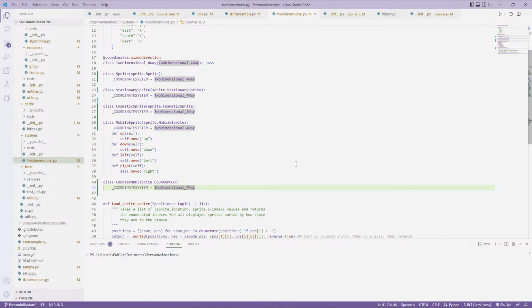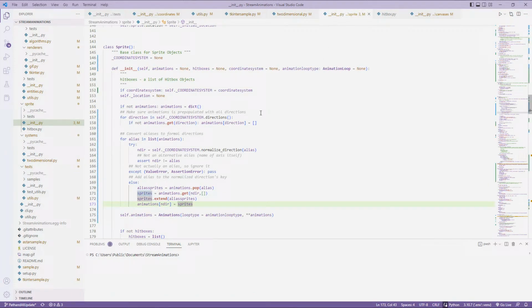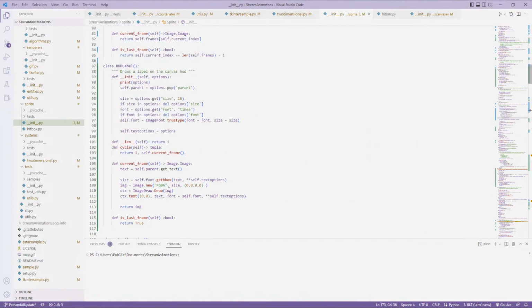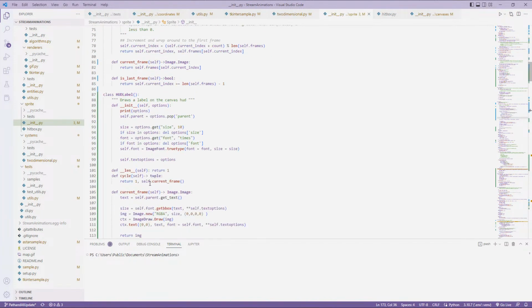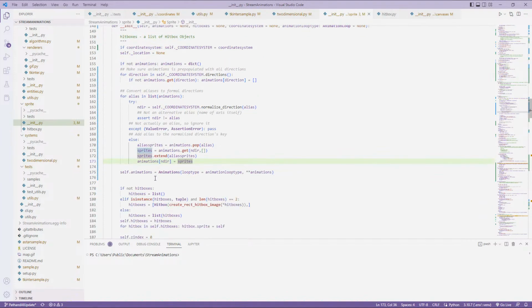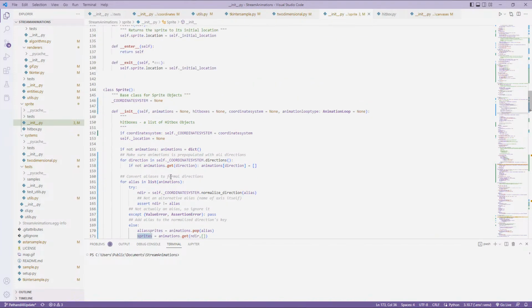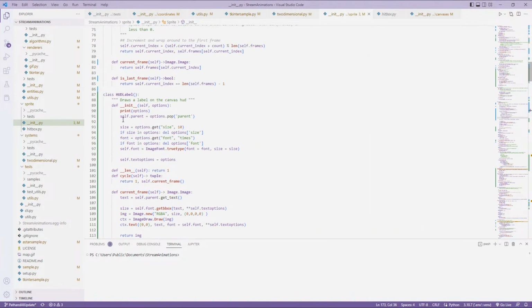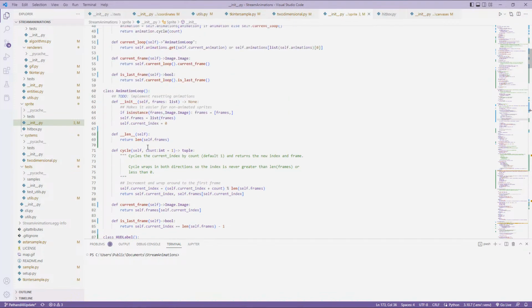So we don't want to actually delete that. All right. Our solution here is probably